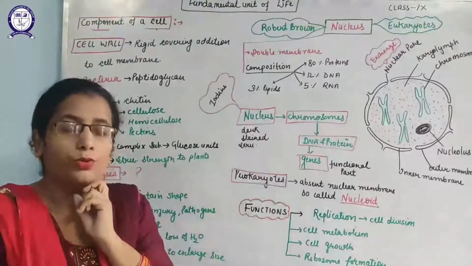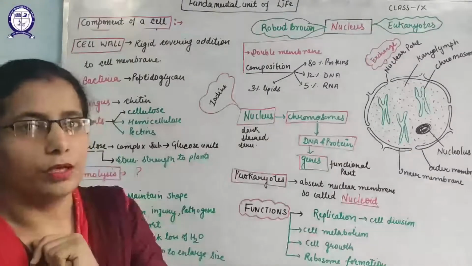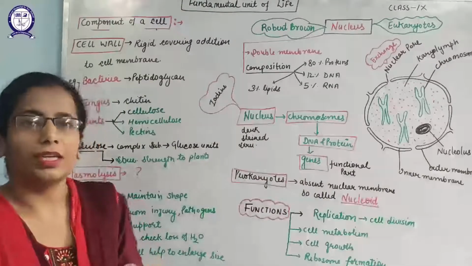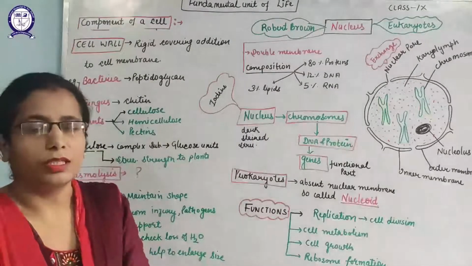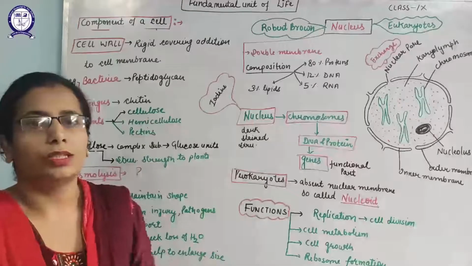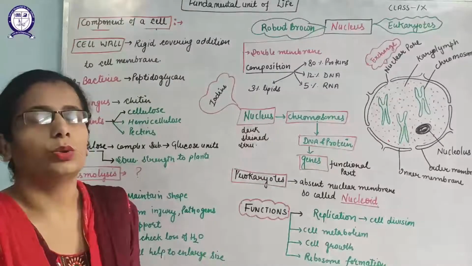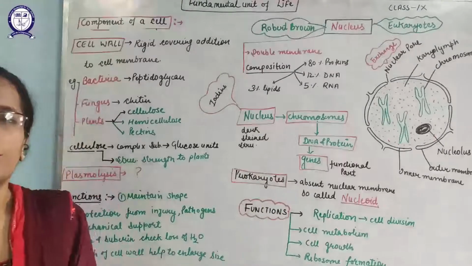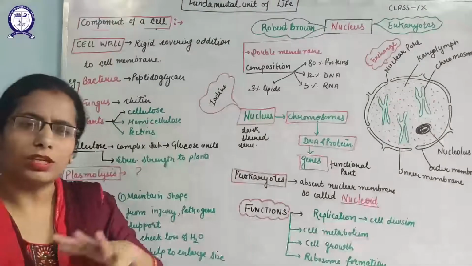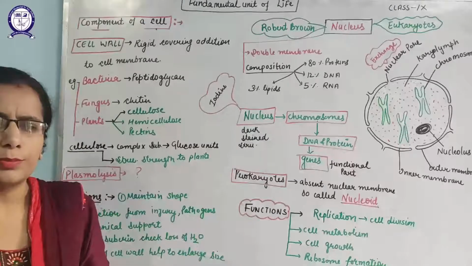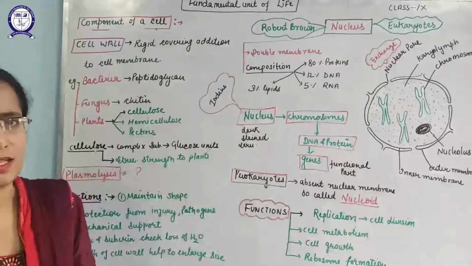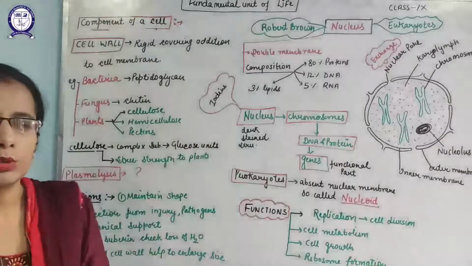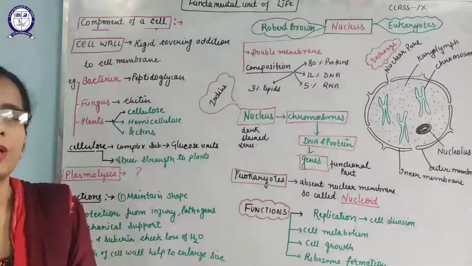In prokaryotes you do not have histone proteins along with the DNA, but in eukaryotes you have the DNA along with the histone proteins that will entangle the nucleus and help in the formation of nucleosomes. And this DNA is the main component that will carry out all the processes that take place in other cells also. That means it is also known as the brain of the cell, because it will control all the activities of the cell.